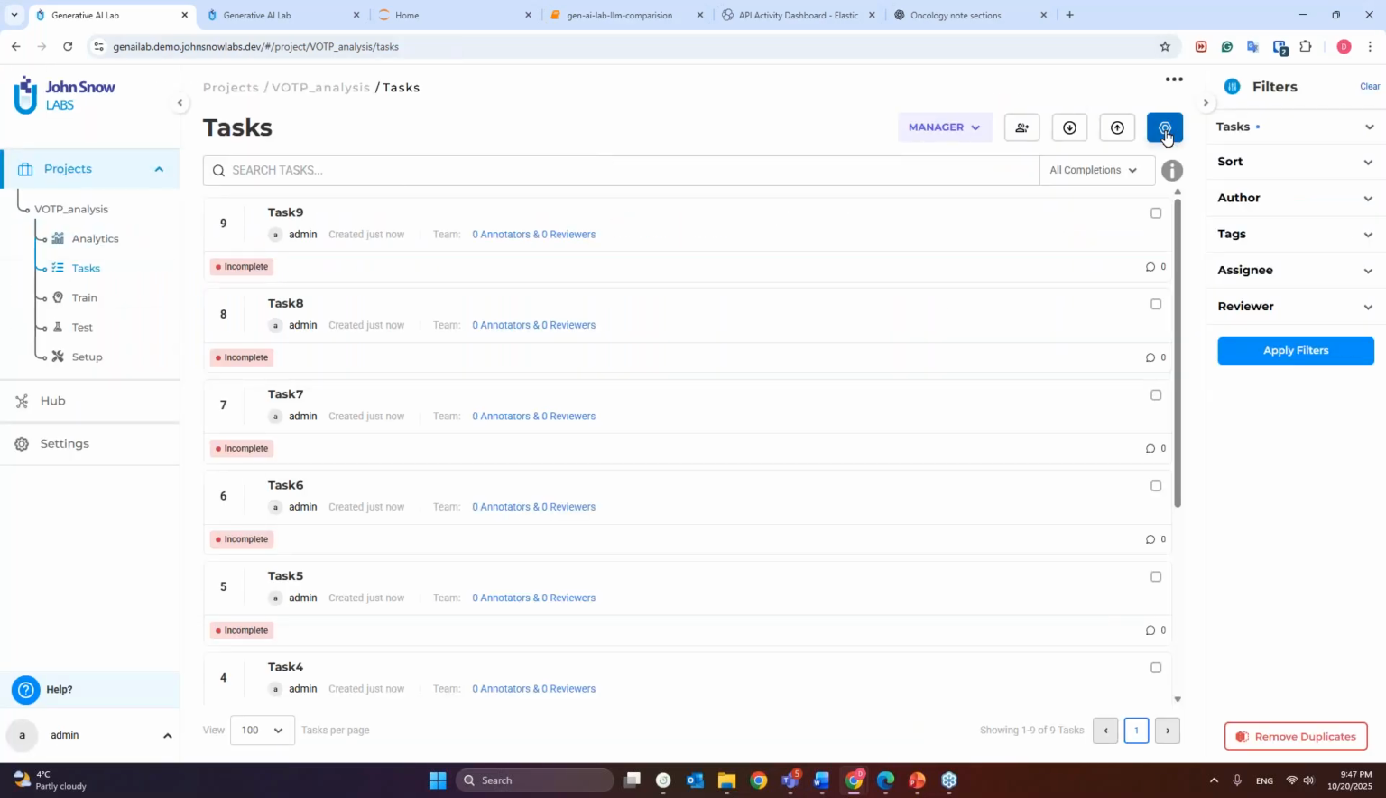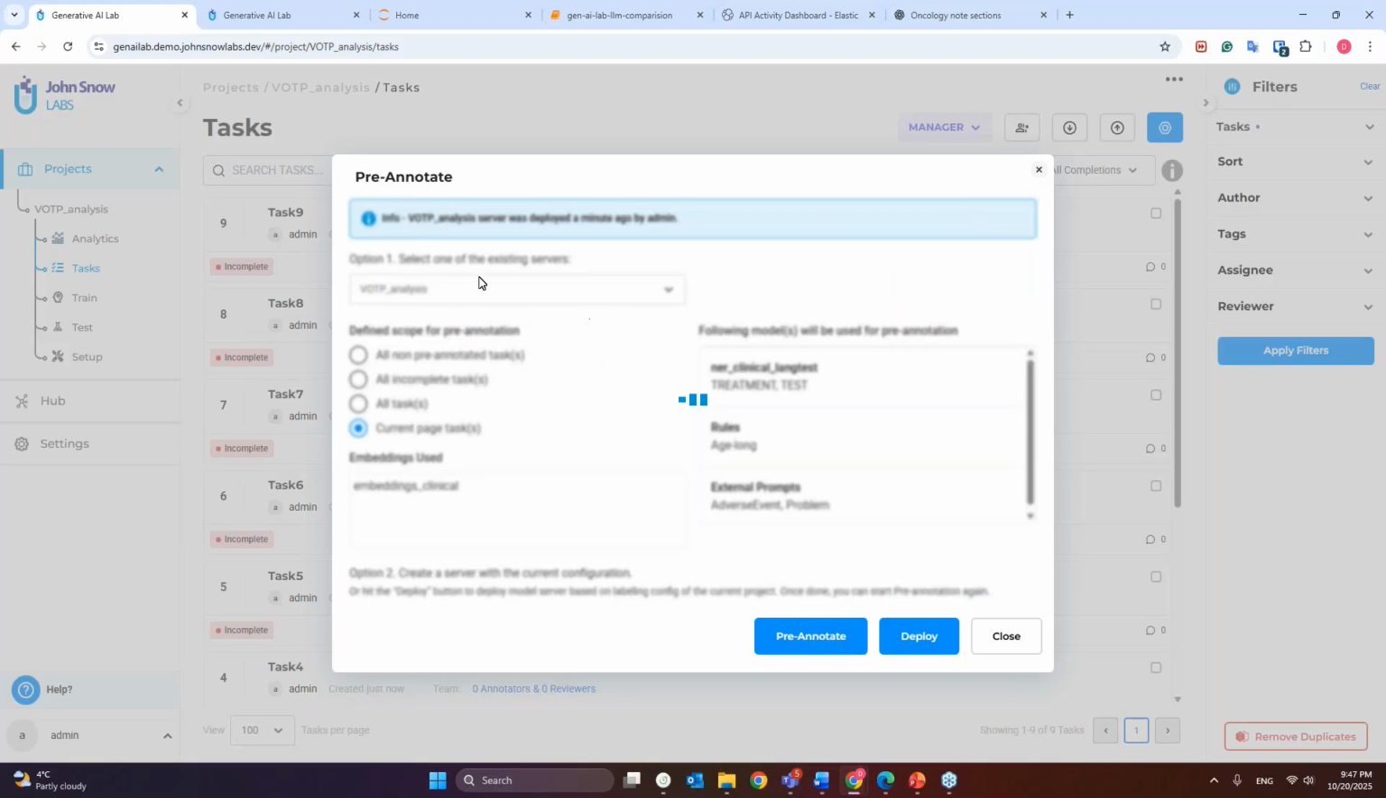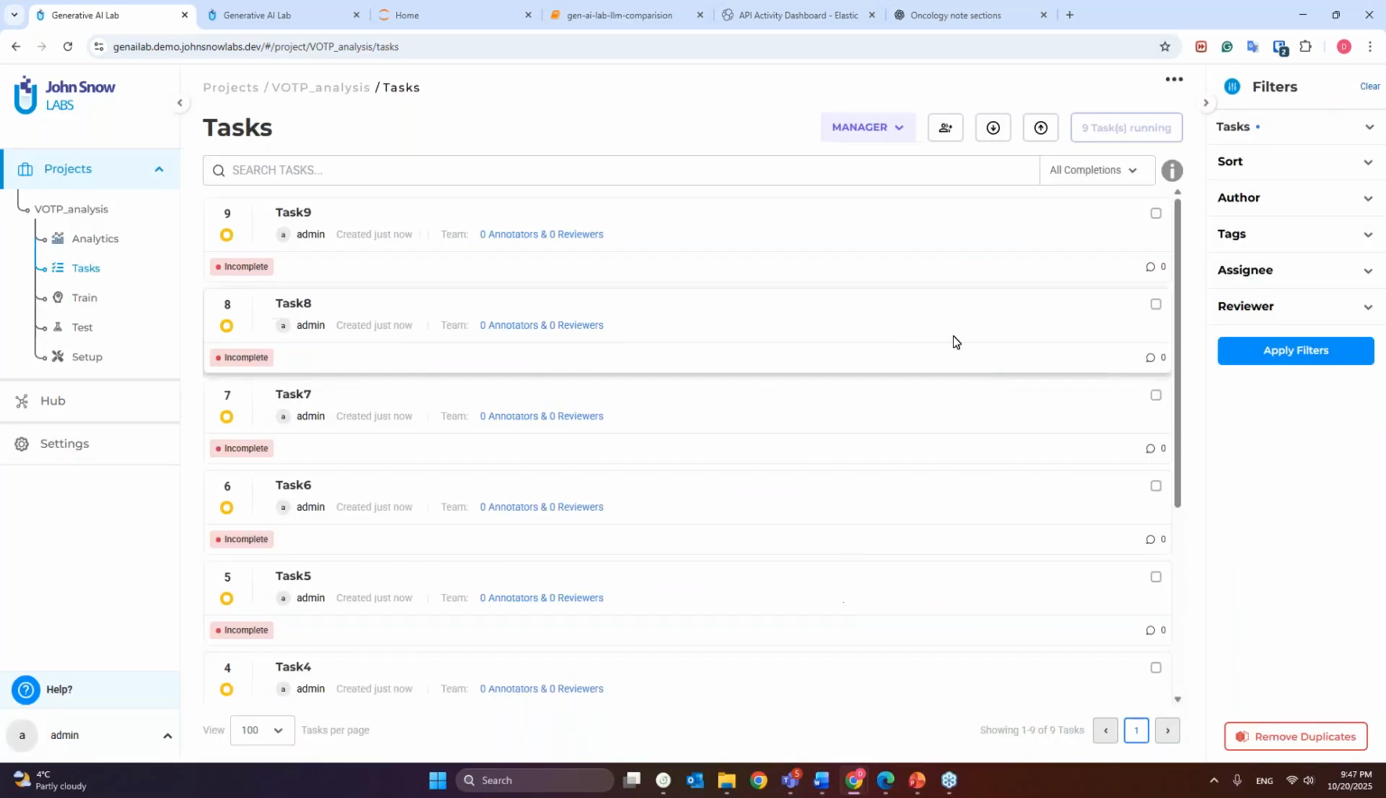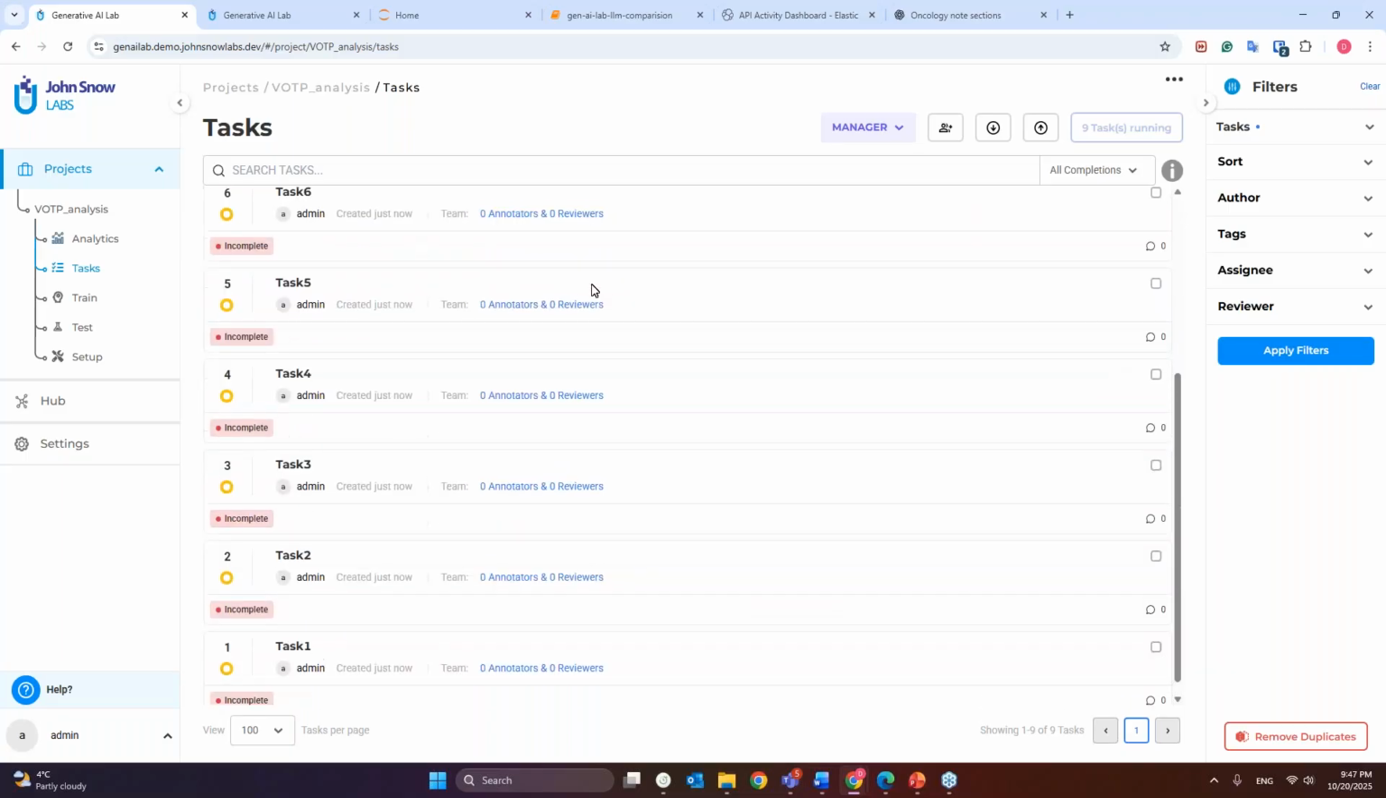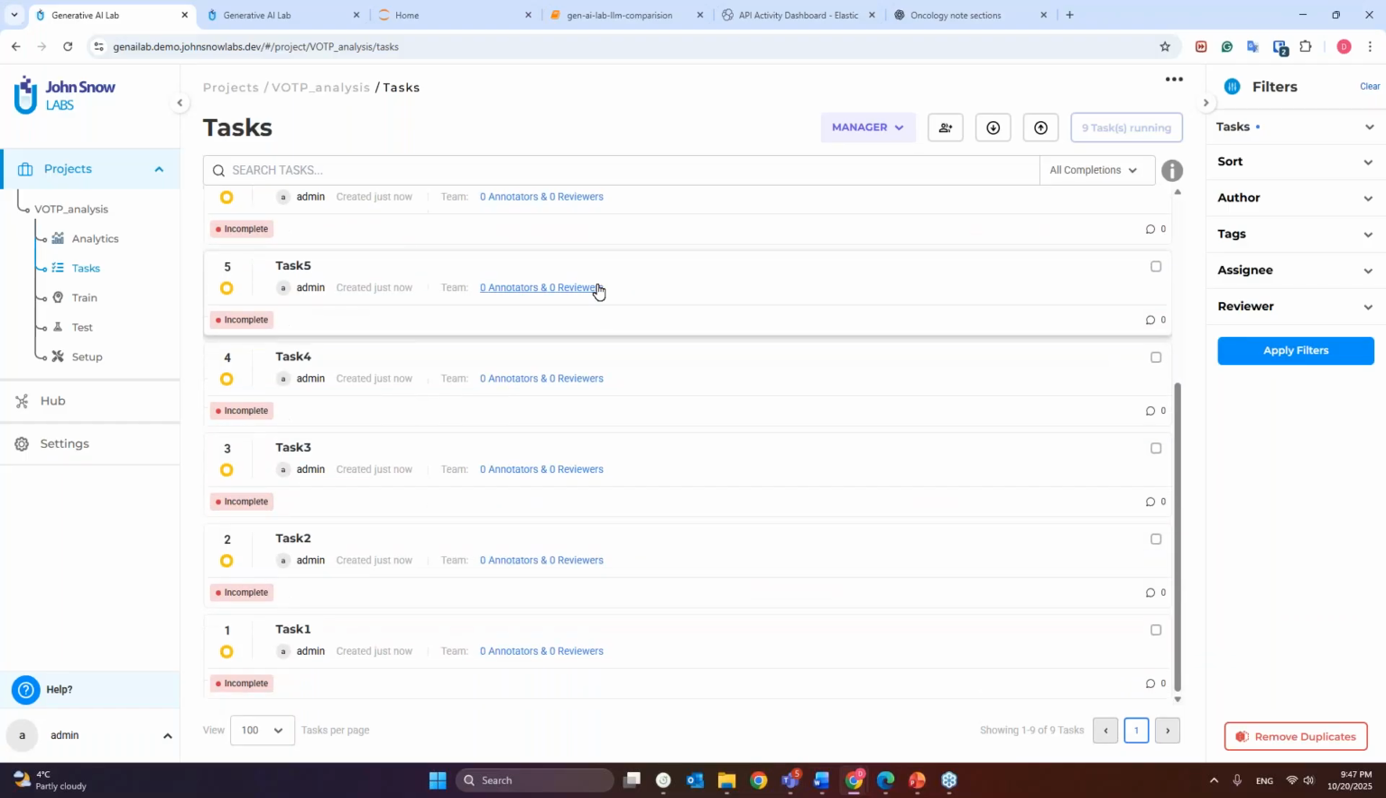Now, if I go to the task view and click on the pre-annotation button, you'll see that the current configuration is already deployed. You have an option to pre-annotate all the tasks, or only the incomplete tasks, or only the tasks from the current page. And you see here the resources which can be used to pre-annotate. Now, if I click pre-annotate, you'll see that we can easily manage all types of resources, models, rules, and prompts together,